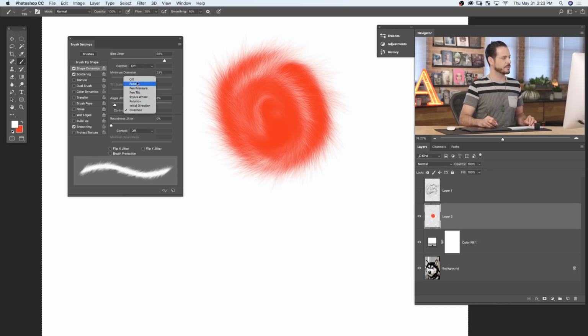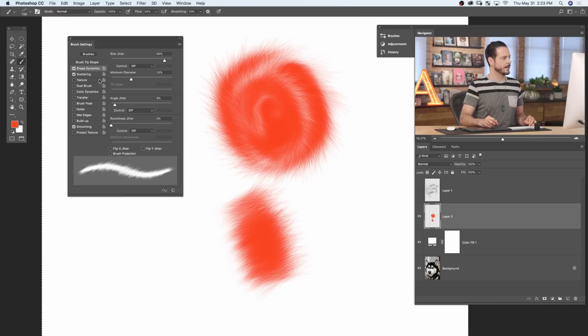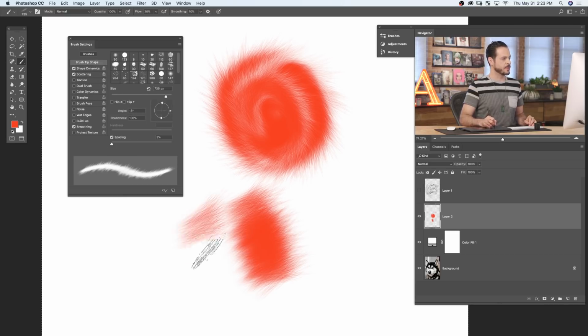Now I'm going to put this back to off for right now, and we're going to use our control just here in our brush tip shape. So this is looking pretty good. So let's go ahead and save this as a brush preset. The first time we saved, it was just the shape of the hair. Now what we're going to do is we're going to save it, and it's going to have all these settings